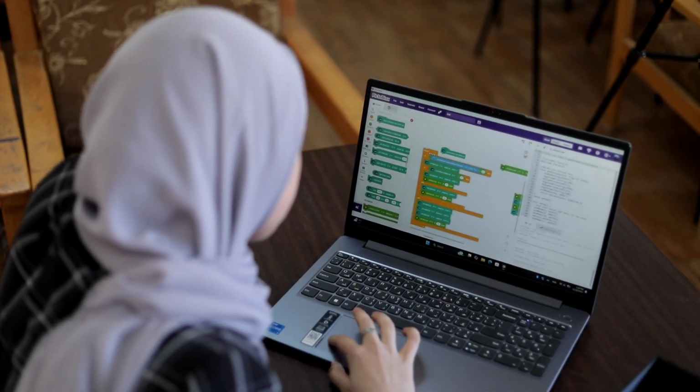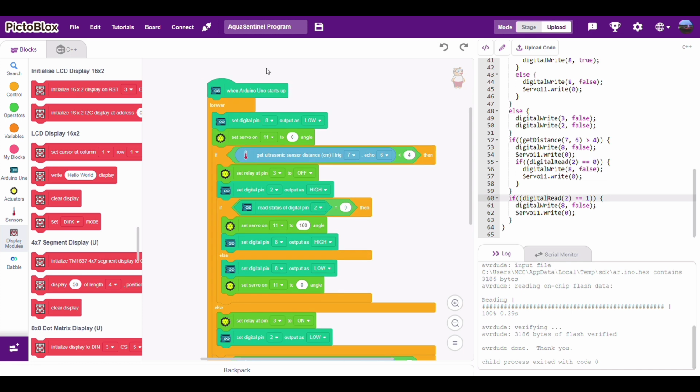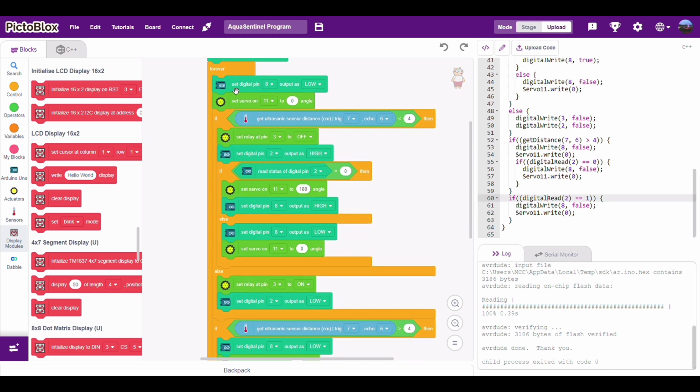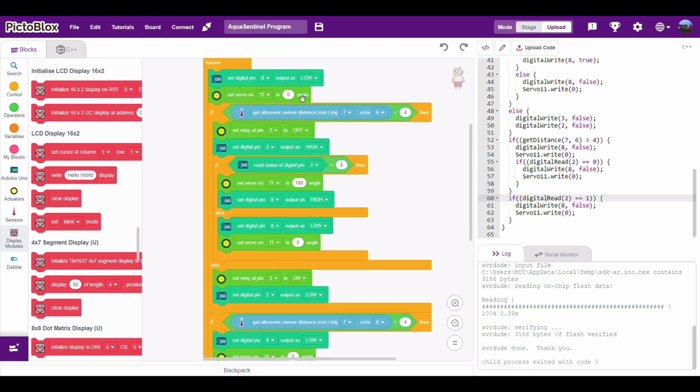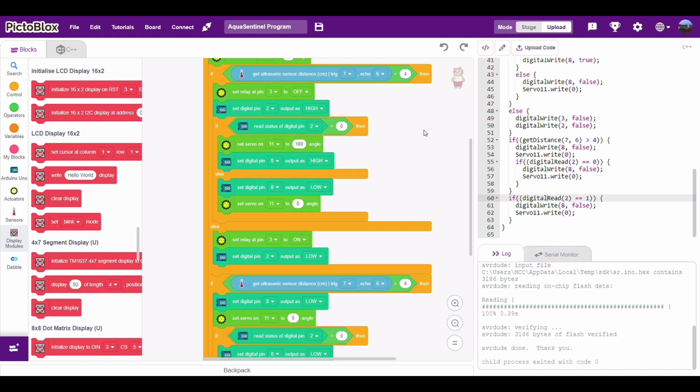In my project, I used the PictoBlox software. So this is my PictoBlox program for the robot. When Arduino Uno starts up, in a forever loop, set digital pin 8 output to low. Digital pin 8 is the buzzer, so it's going to stay turned off. Set servo on 11 to 0 angle. This servo is connected to the door of the oil absorbing sheet storage compartment, which means that the door is going to stay closed. In an if-else loop, if the ultrasonic sensor detects a distance that's less than 4 centimeters,